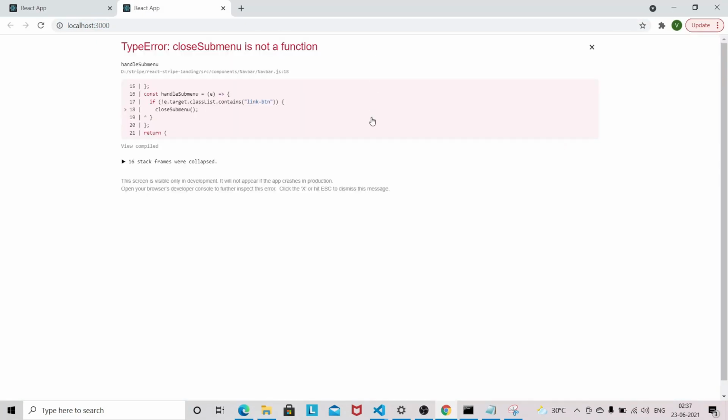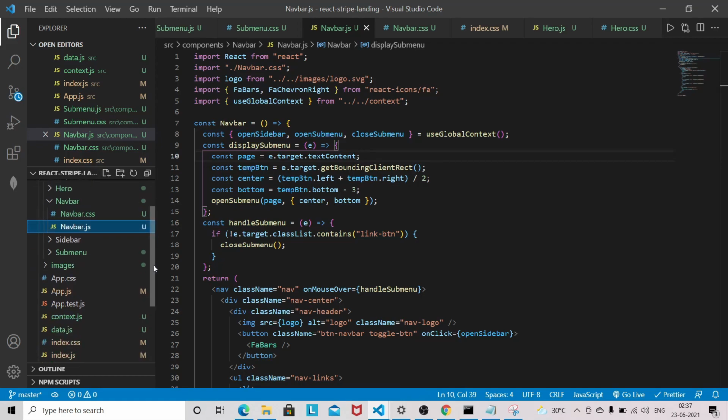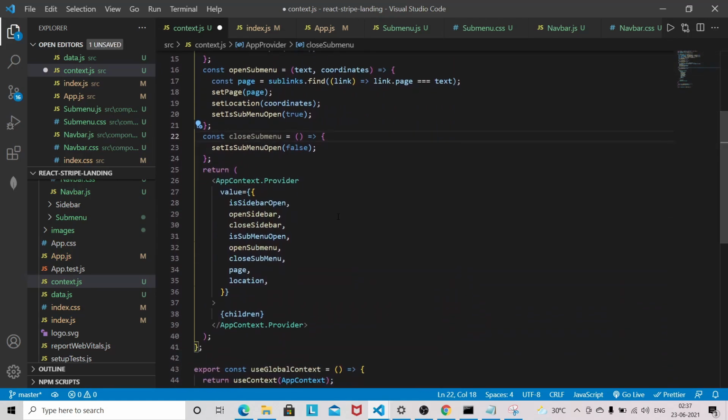So there is some issue with the closeSubmenu. So closeSubmenu is not a function, it's saying. So why is it saying closeSubmenu is not a function? So let's go into the context. So we have closeSubmenu. Okay, so we have just spelled it incorrectly here, so that's why we are getting that error.